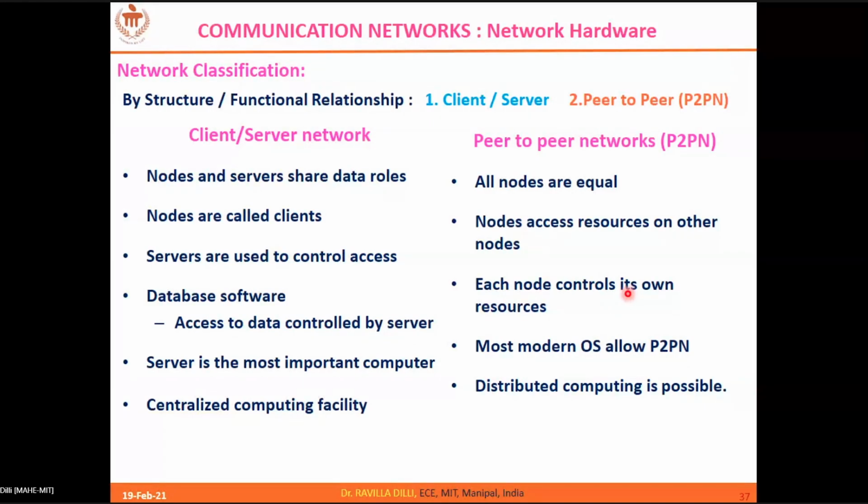The server is the central entity here. It is a centralized computing facility where the network resources are under the control of the server. Okay. So when you want to use the resources of the network, you should get permission from the server. So that is a centralized network. A client-server network is a centralized network, where all the resources and the database are maintained at the server. Being a client, you can access the server to get the data that is available with the server.